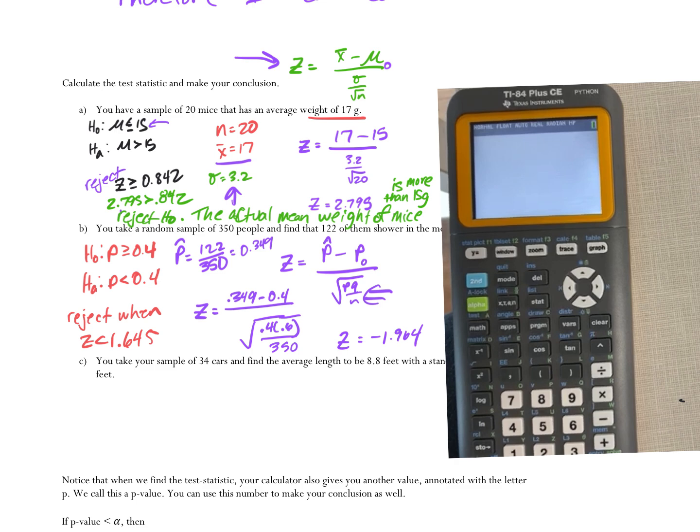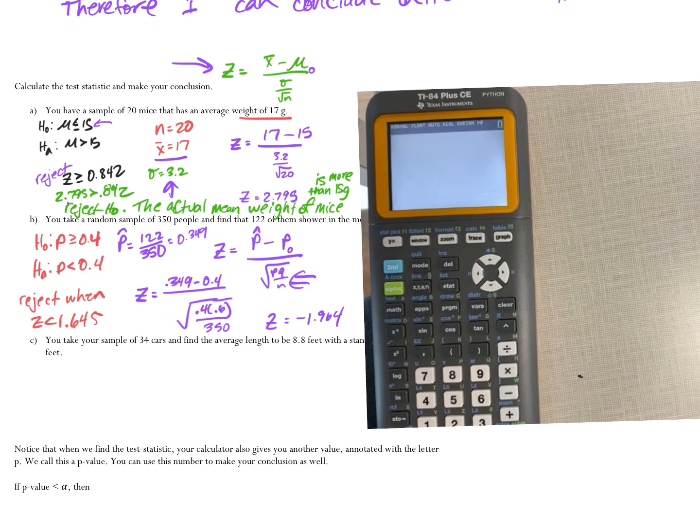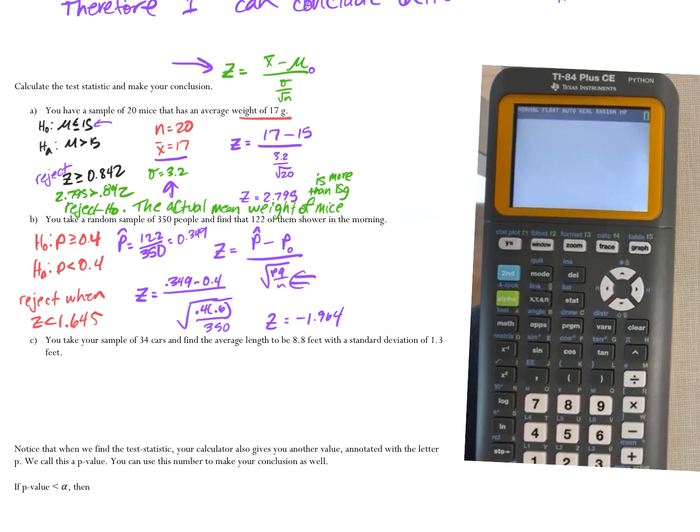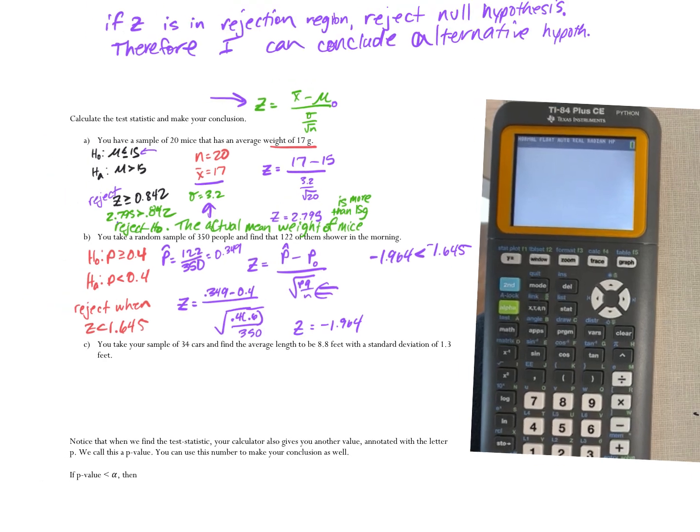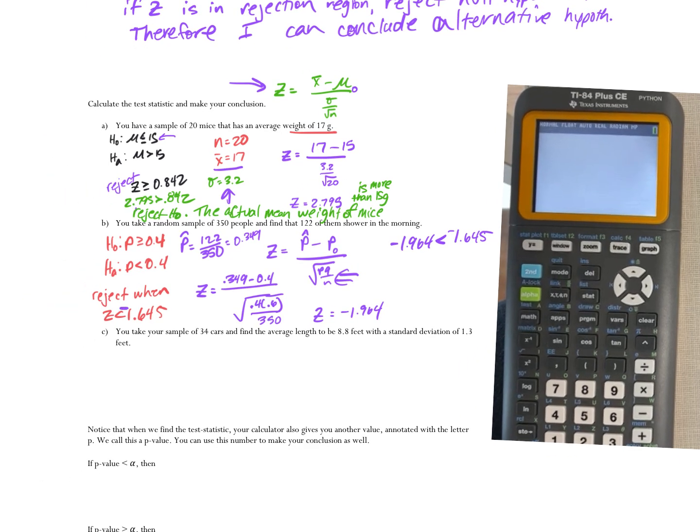So, you guys, are we going to reject or fail to reject? I'll reject, because it's less. Negative 1.964 is less than negative 1.645. This was negative, I just forgot to carry the negative from the previous page. But it's still, negative 1.9 is less than negative 1.6, right? Okay, so we're going to reject